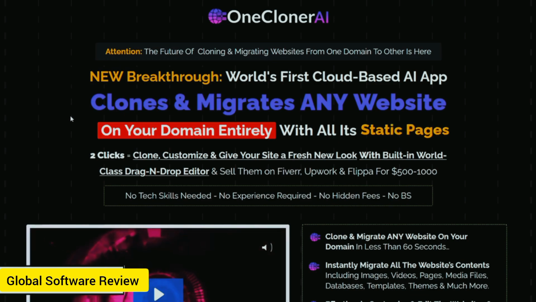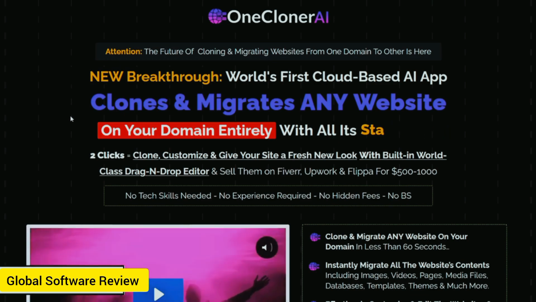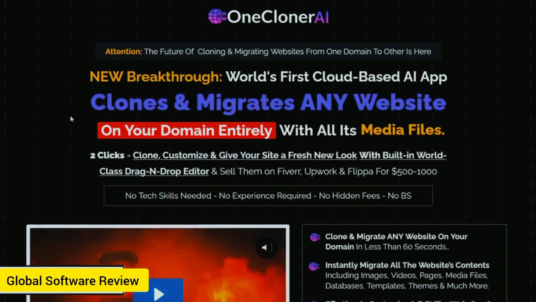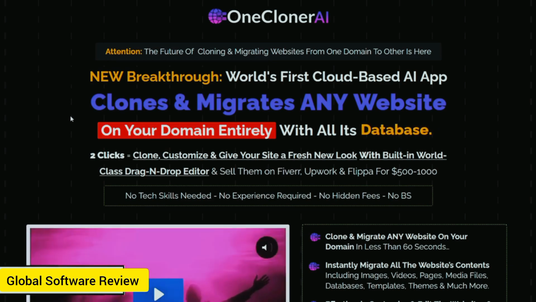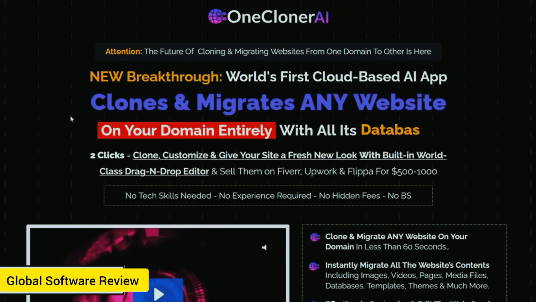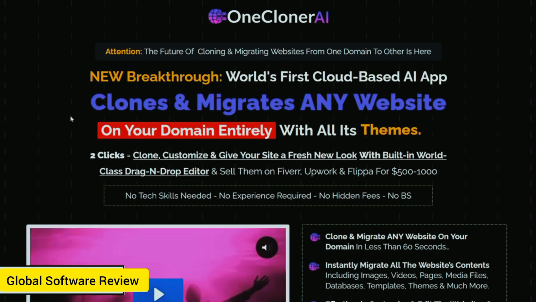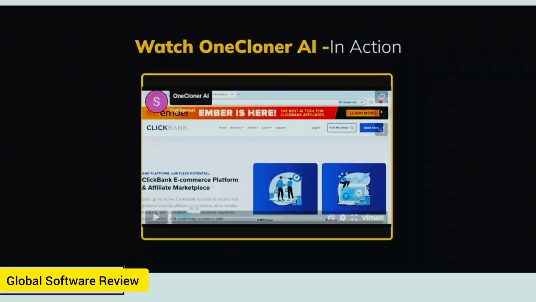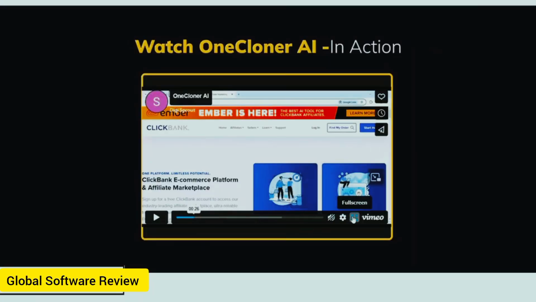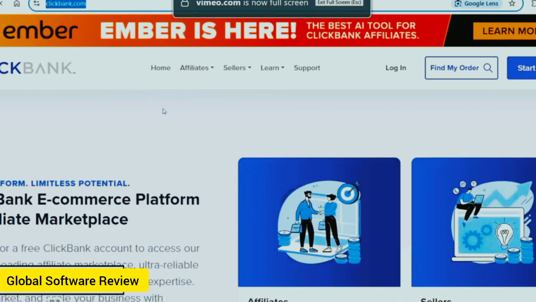So with OneCloner AI, basically, the way the system works is you go over to a website, copy and paste a link of a website you want to clone, then it will let you open that up and edit it in the drag and drop editor. So it's quite a cool piece of software where you actually can clone other websites and they look exactly the same. The only disadvantage is how ethical it is and whether you've got permission or not from the other people